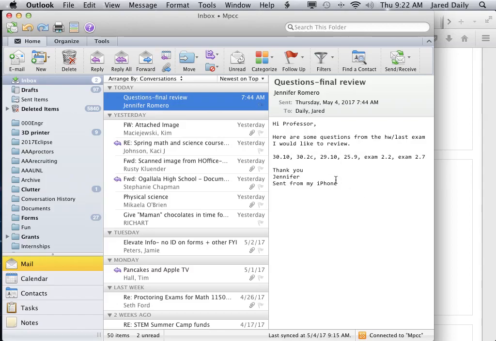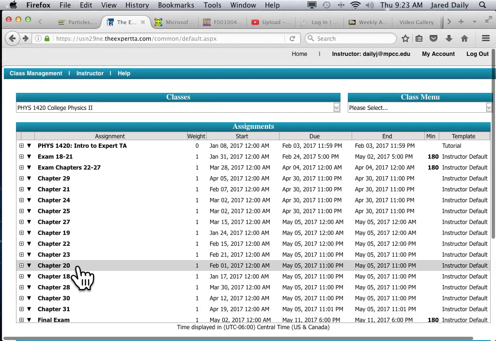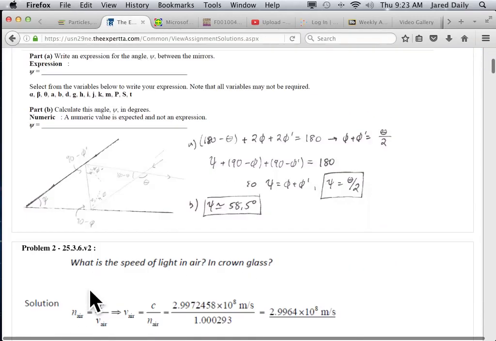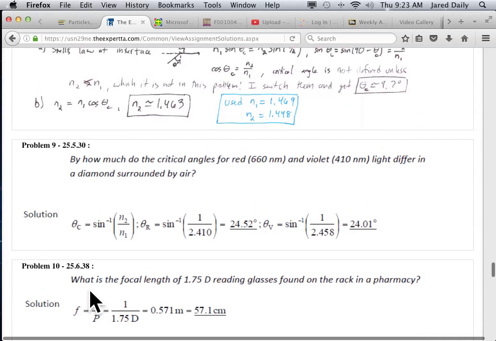Okay, next problem. The next problem is in chapter 25, number 9. By how much do critical angles for red light at 660 nanometers and violet light at 410 nanometers differ in a diamond surrounded by air? Remember the critical